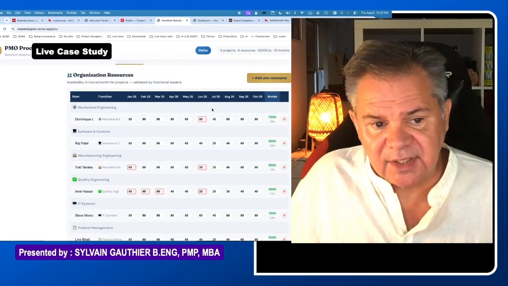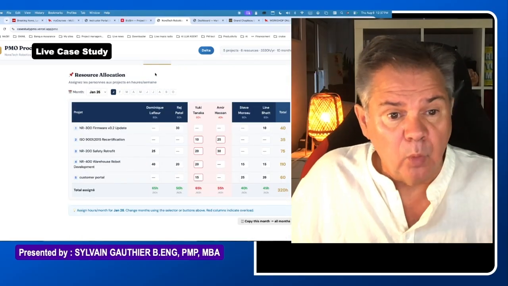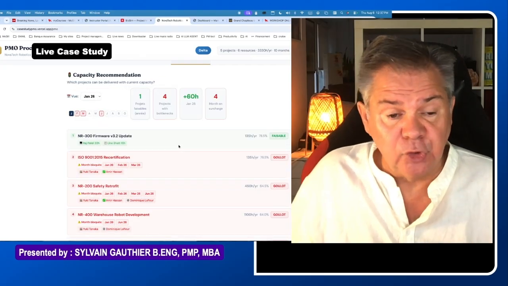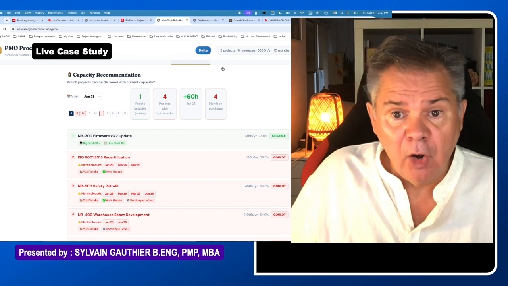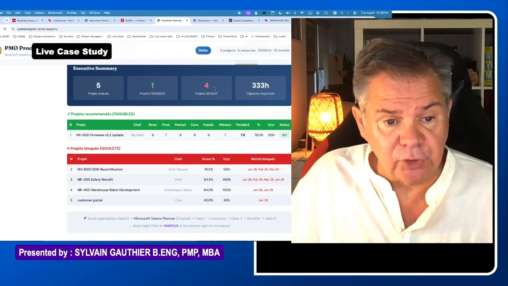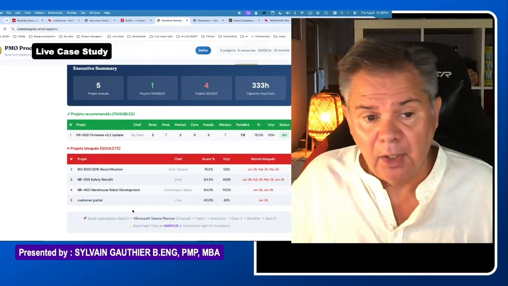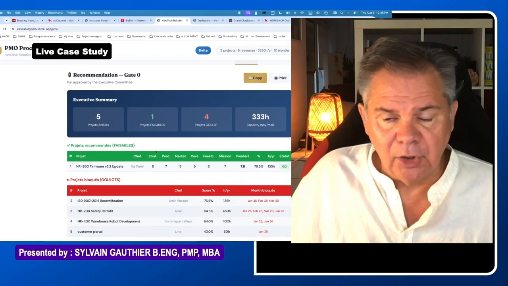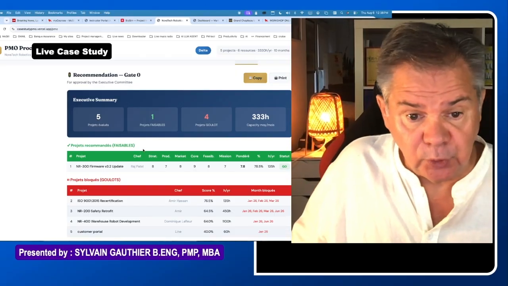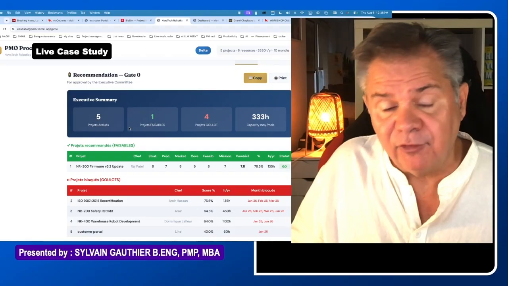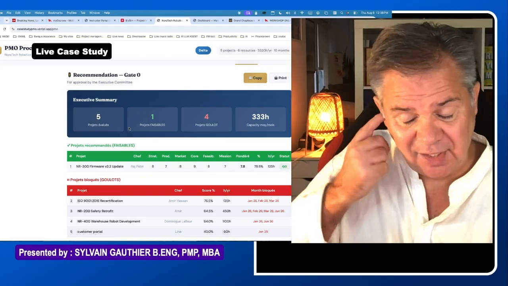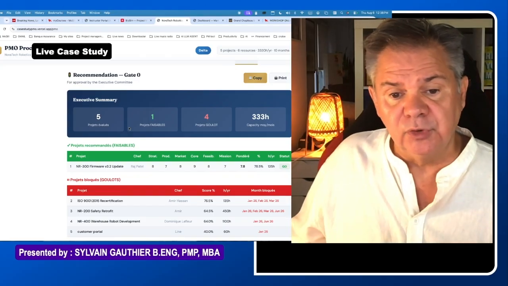Prioritization: your organization, what resources you have available, what is your allocation of your resources, and then what is your capacity? Do you have any problem per month? Overall capacity over time, and then a recommendation in terms of which one we could do, which one we have to stop, etc. So again, you're going through the whole real life scenario when we do that, okay? So that's another platform. We also have in the live case study a platform, case like governance, where we're submitting to you